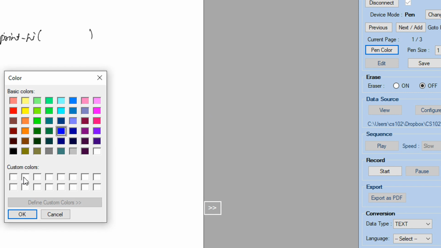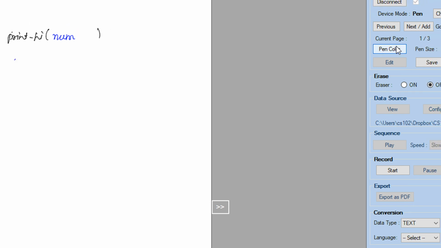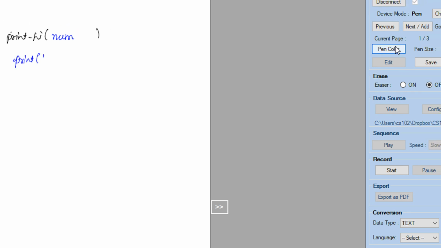So let me just start off by saying, we have a definition print hi, which is taking a parameter num. In this function I have a print: "hi, you are customer num".